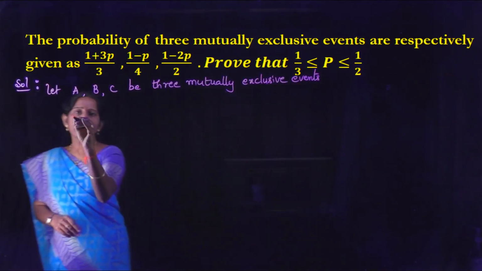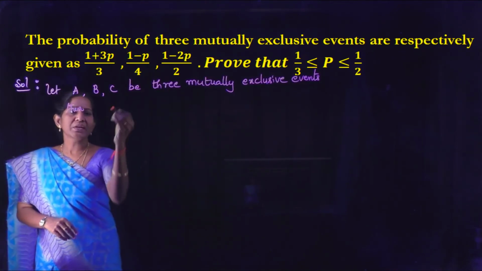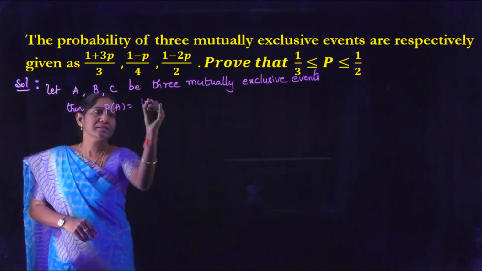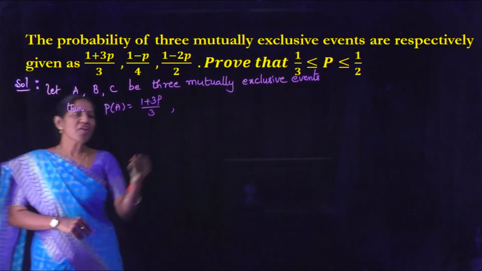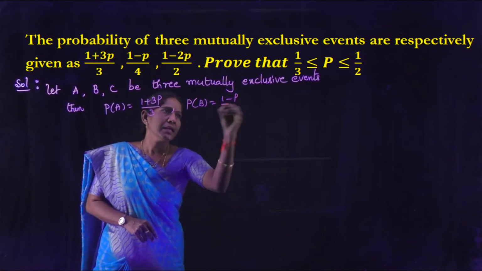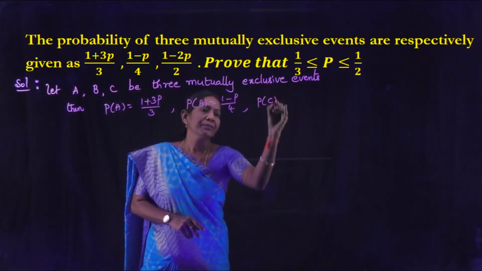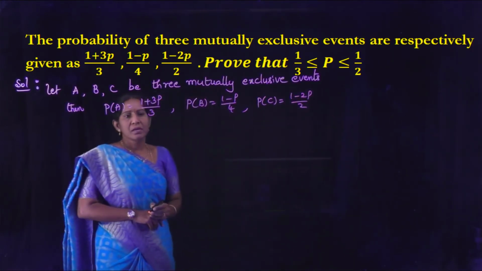P of A equal to, then the probabilities given here are: P of A is (1 plus 3p) by 3, P of B is (1 minus p) by 4, and P of C is (1 minus 2p) by 2. So we have,